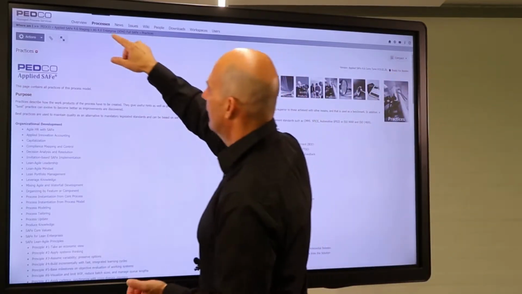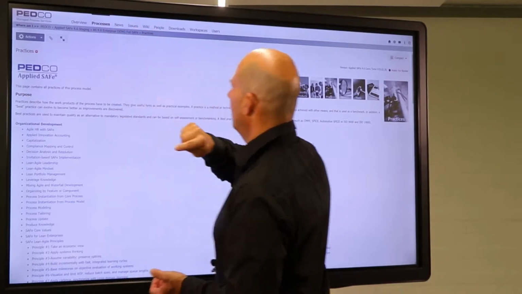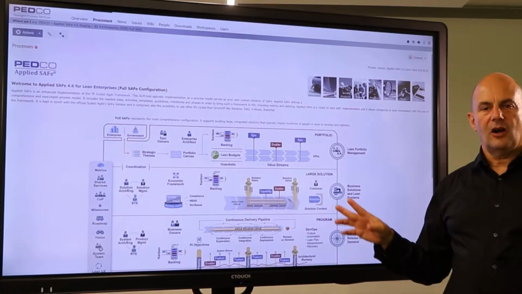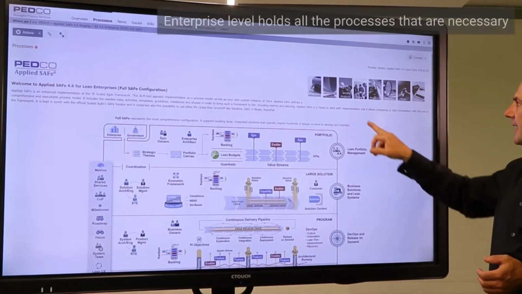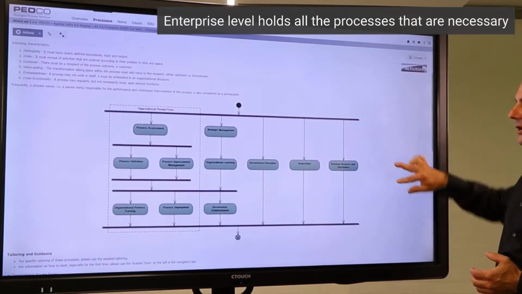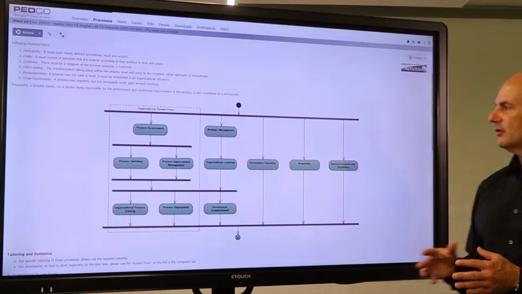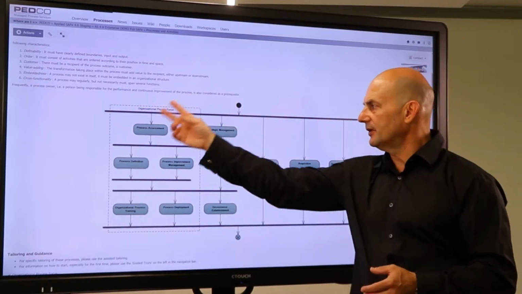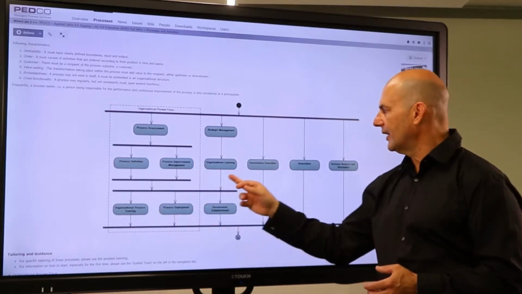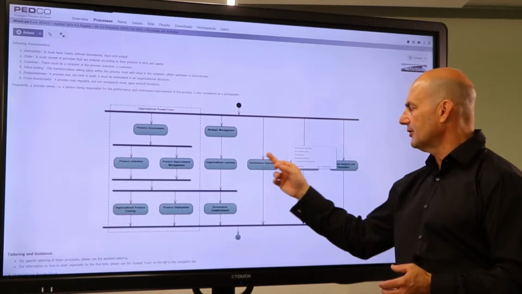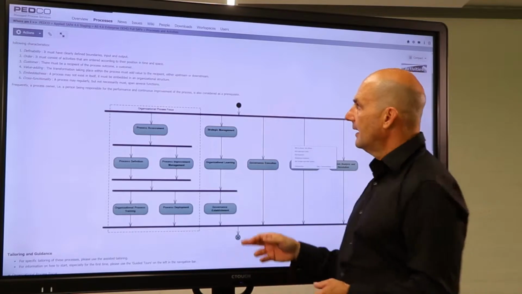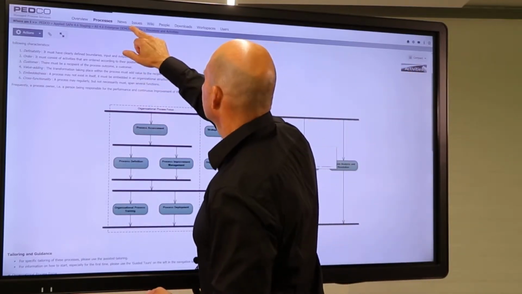And when we go back to the demo of full SAFe, we can see here that we are on the enterprise level. The enterprise level helps with all the processes which are necessary on the enterprise level to have the process under control. For example, we talk here about process assessment, improvement management, deployment, process training, the whole governance of establishment and execution, and the organizational learning processes. If you look at the other levels